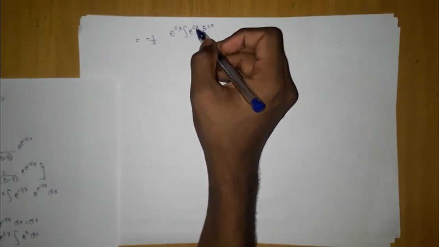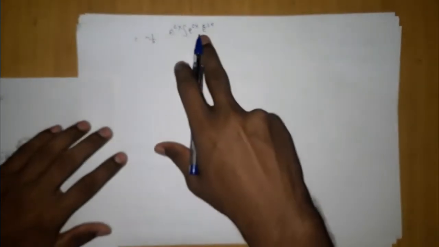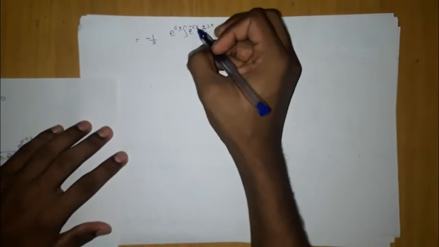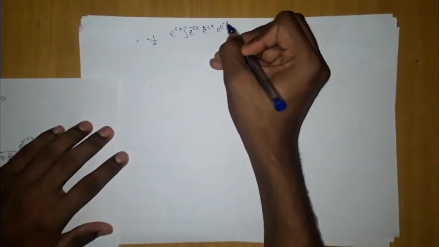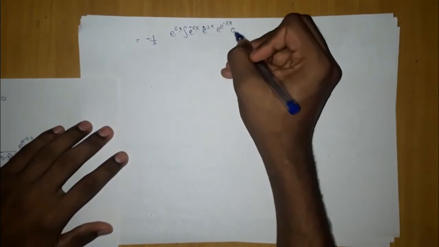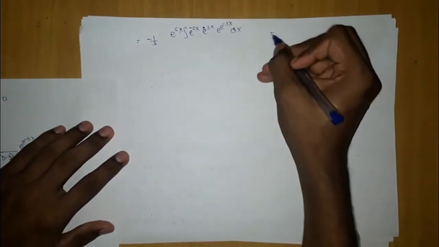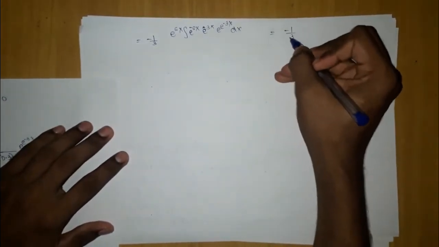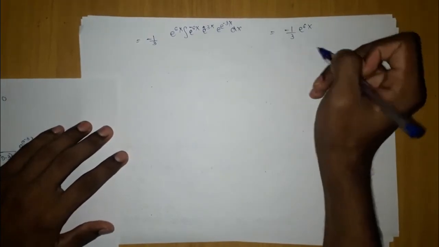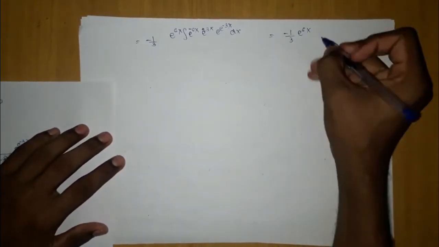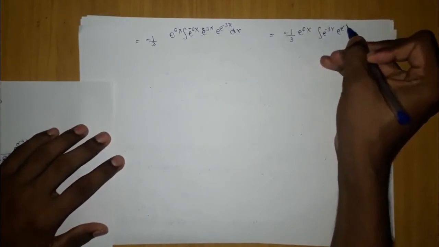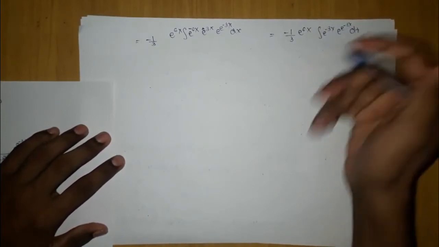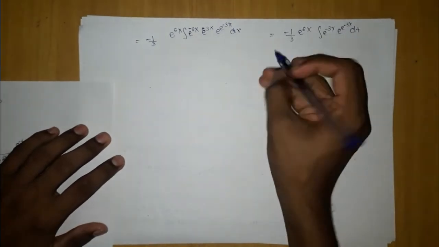This was minus 3x, and what happened? This was 3x, and inside it will be minus 6x, as per the formula, and here it will be e to the power 3x into e to the power minus 3x into dx. If you simplify, you are going to get minus 1 by 3 e to the power 6x, and integral e to the power minus 3x into e to the power minus 3x into dx. Again you are going to take the same thing, which will make this positive 1 by 9.